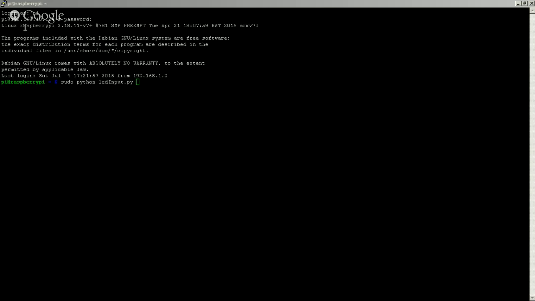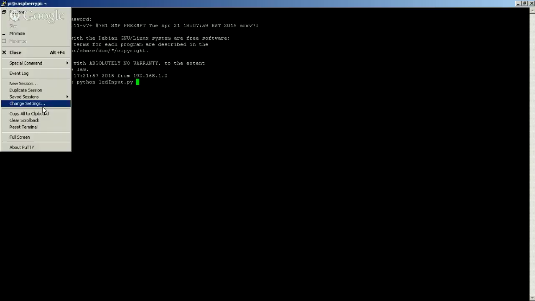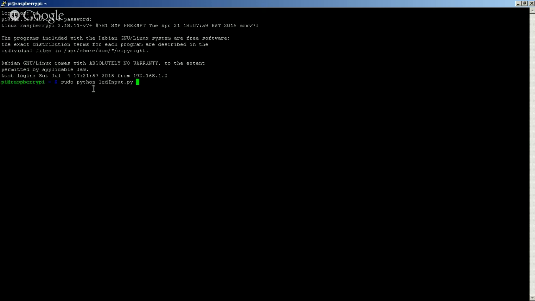I don't know how to increase the font. This is a terminal window. Just see this one. I'll share all the code. You'll be able to see the code.